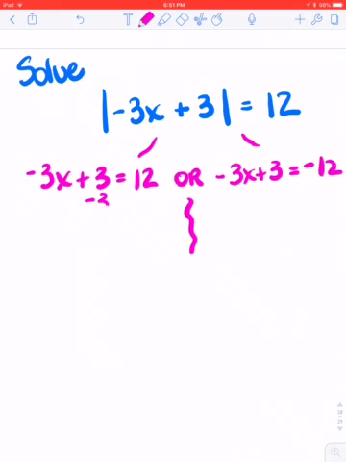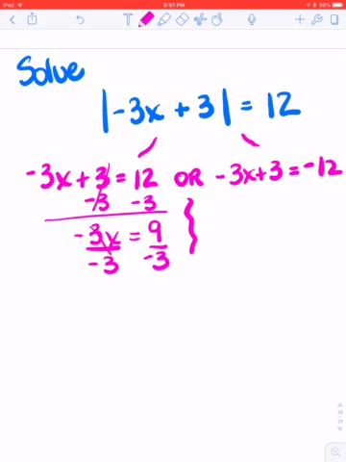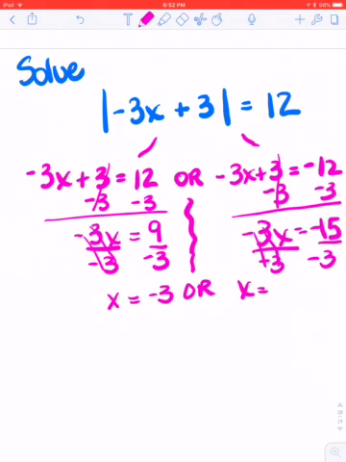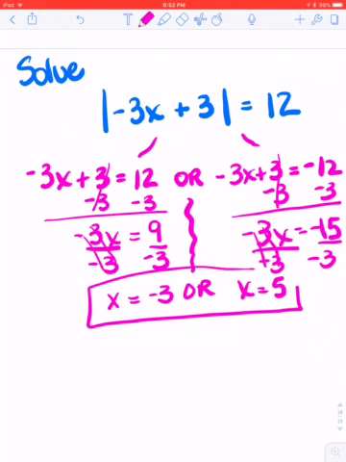So to get x by itself, I'm going to subtract 3. So I have negative 3x equals 9. And then I'm going to divide by negative 3. So I get x equals negative 3. Bringing my OR down. Now, if I continue on the other side, subtract 3. So I have negative 3x equals negative 15. Divide both sides by negative 3. I get x equals 5. Okay, go over the ones in